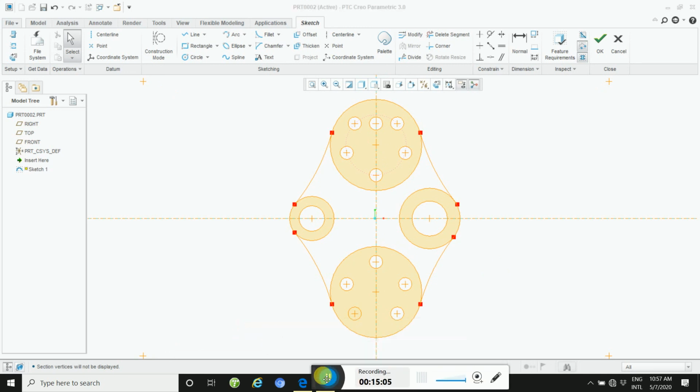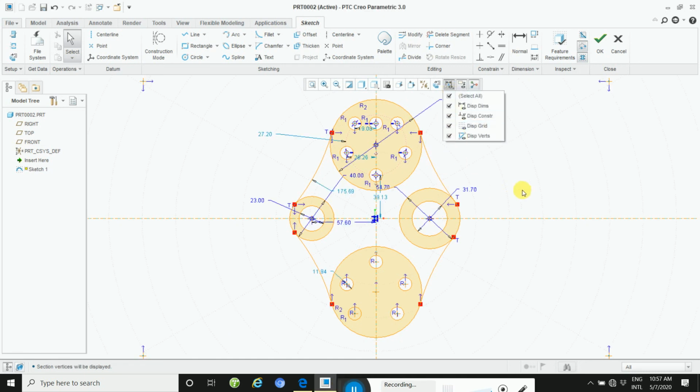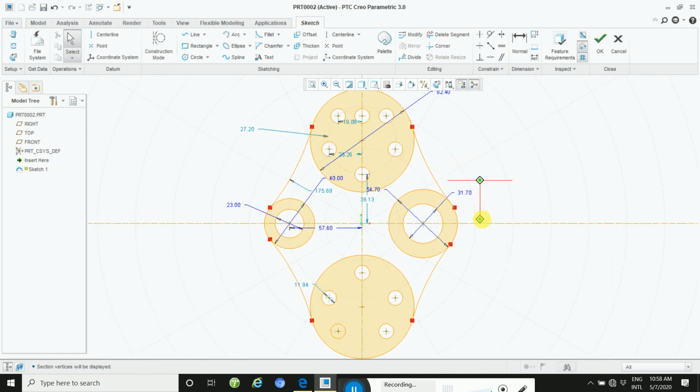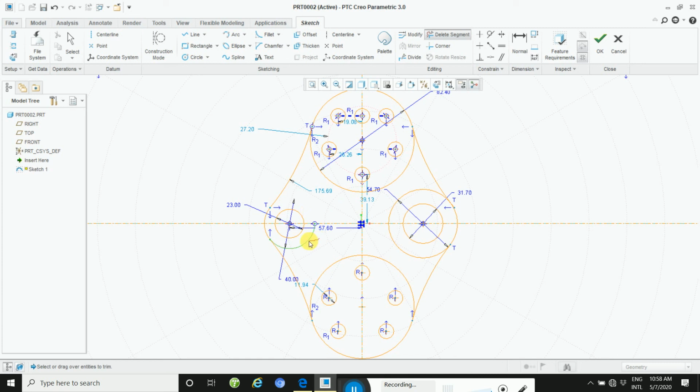Okay, so you need to only apply trim. So let's see how to trim. Go through delete segment and erase this extra.